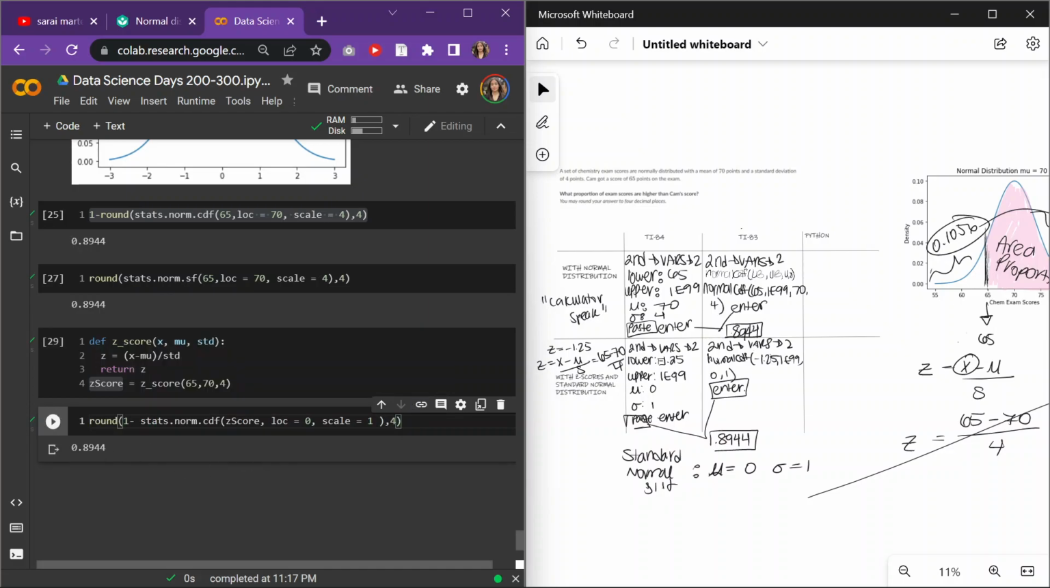Okay, round that and we get our answer. So this is what happens when we used our z-scores. Or we could just do this by hand and plug in our z-score here of negative 1.25 and it'll still work. But I just decided to do it with Python. But yeah, so to kind of recap of what we just did,